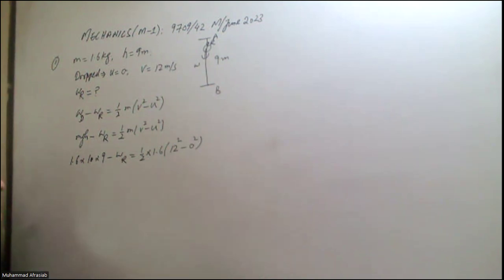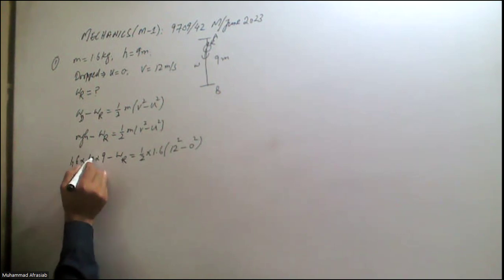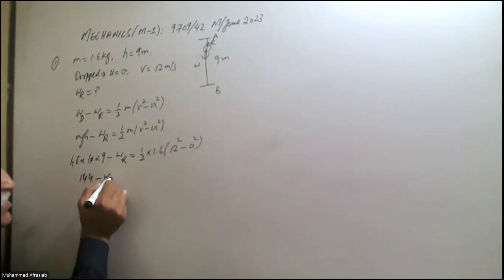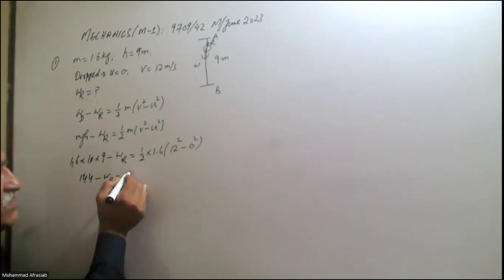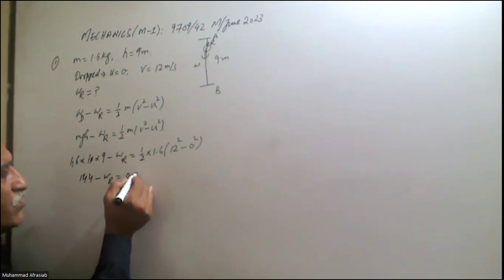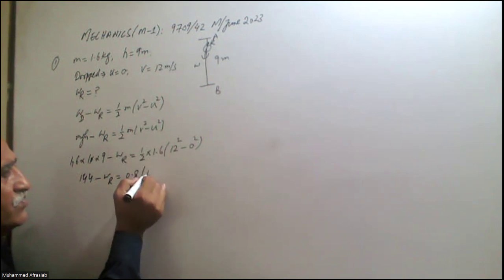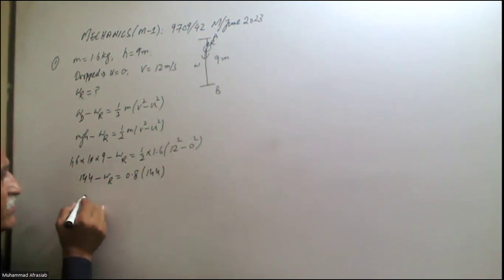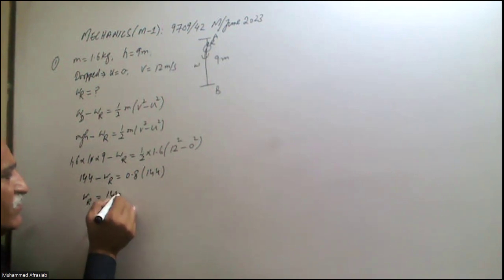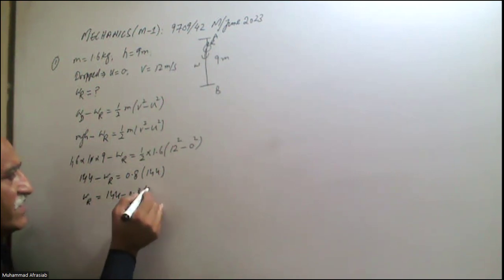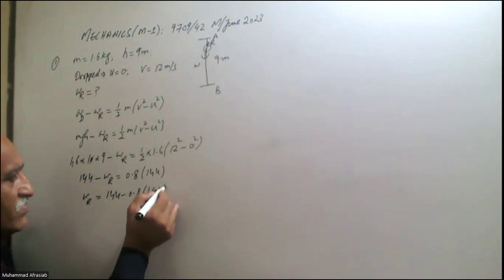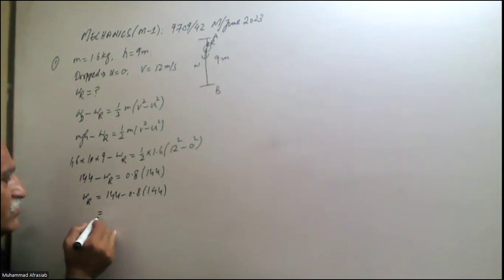So this and this cancel out. 16 into 9 is 144 minus work done by resistive force is equal to 0.8 into 144. So work done by resistive force is equal to 144 minus 0.8 into 144, and that is equal to